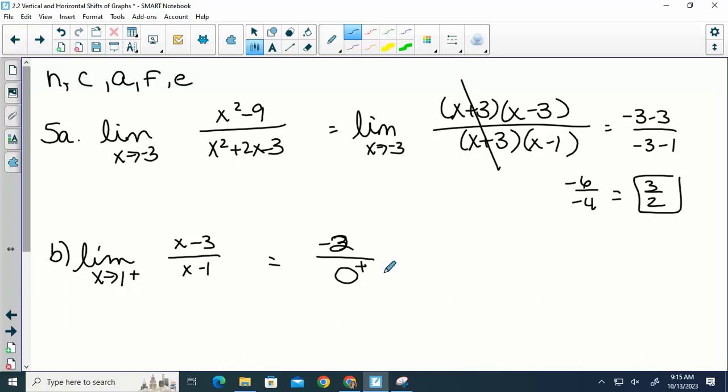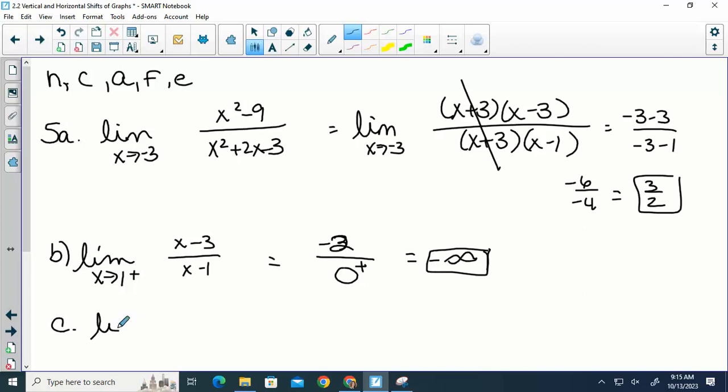If we're getting 0 on the bottom, we know it's a vertical asymptote. So we know it'll either be positive infinity or negative infinity, because we have an asymptote. So if you have a negative over a positive, it would be negative infinity. Will it always be positive or negative infinity? As long as you factored and reduced first. Okay. Yes. And as long as it's a one-sided limit, not necessarily the two-sided. Okay, C,